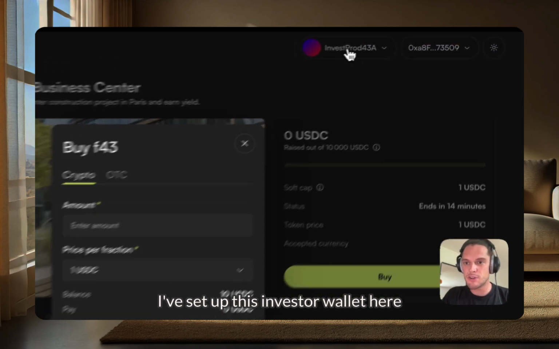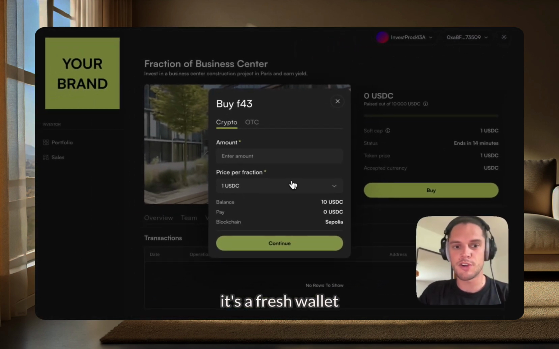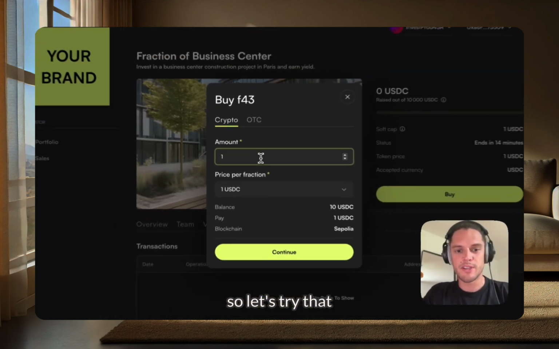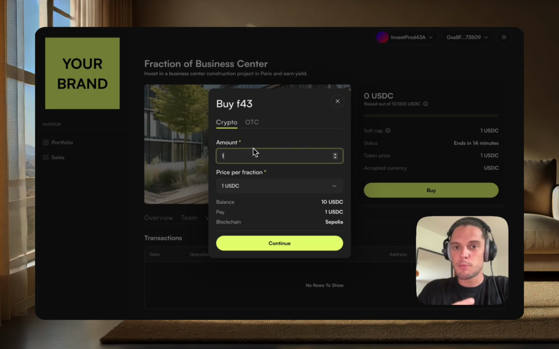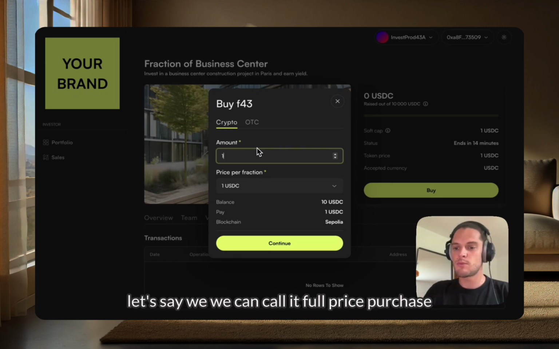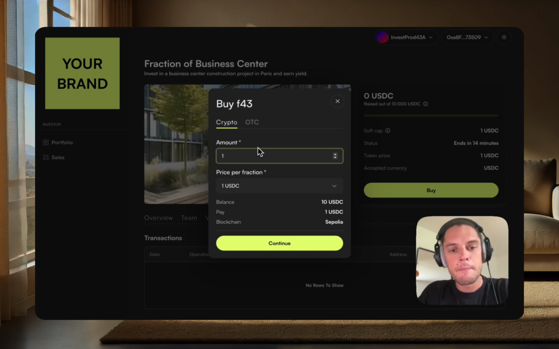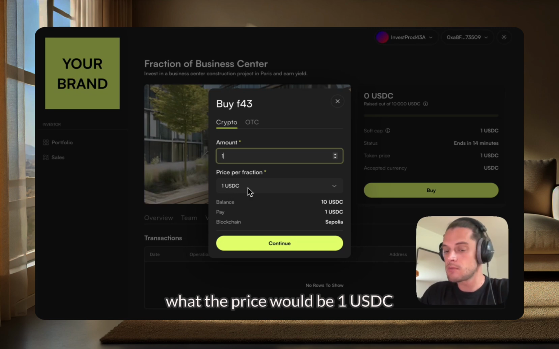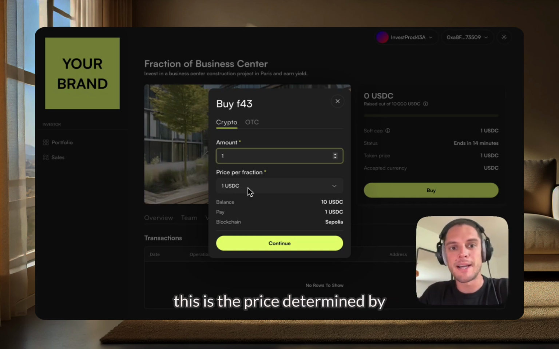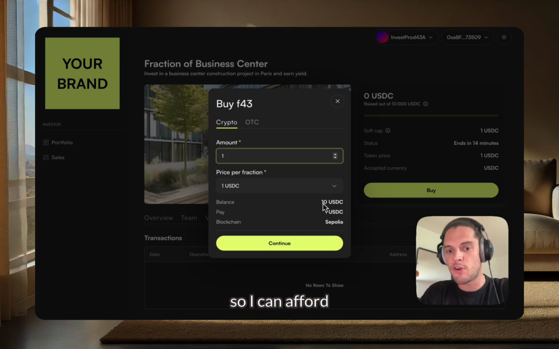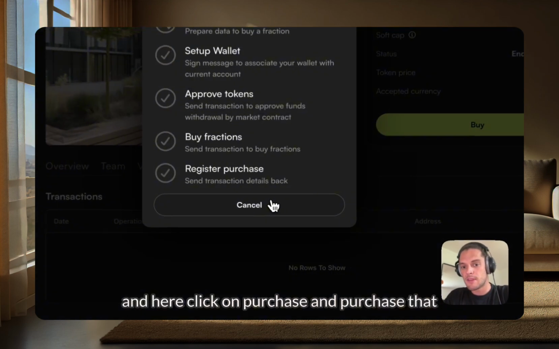I've set up this investor wallet here. It's a fresh wallet, and we will just try to purchase one fraction. So let's try that. I have two possible modes to purchase that fraction. The first one is a simple purchase. Let's call it full price purchase. Let's say I want to buy one fraction. Well, the price would be 1 USDC. This is the price determined by the admin, the issuer of this sale. And we can see that I have a balance of 10 USDC, so I can afford it, and here click on purchase, and purchase that